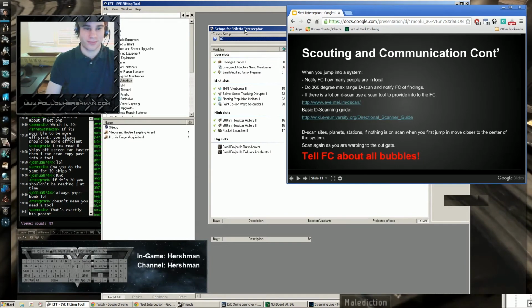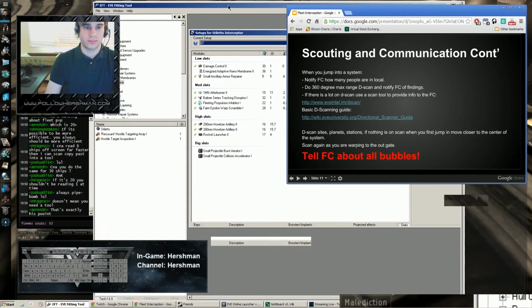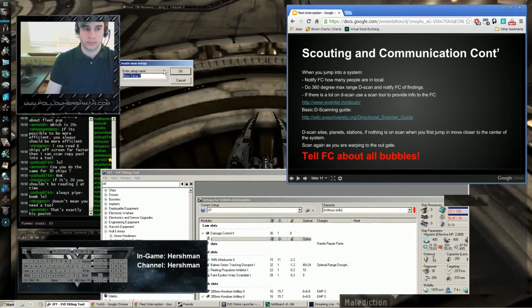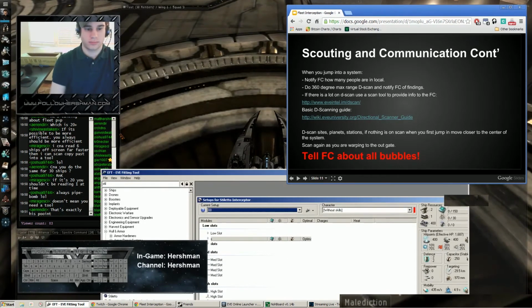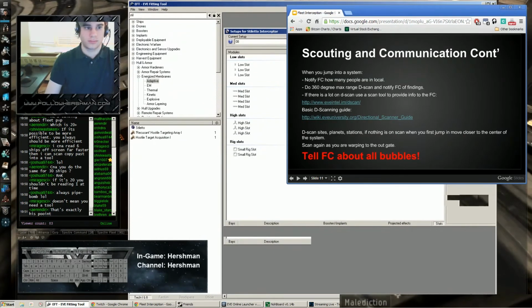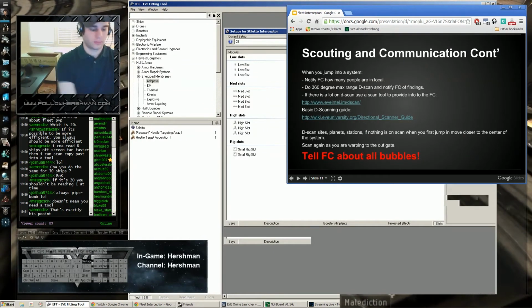I don't need to know more, but I need to know if the gate is bubbled directly, or if there's a bubble off the gate. There are different kinds of bubbles, which you will learn on your own. There are drag bubbles, stop bubbles, and things like that. It's all different terminology, but basically it's good enough if you tell the FC there's a bubble 50 km behind